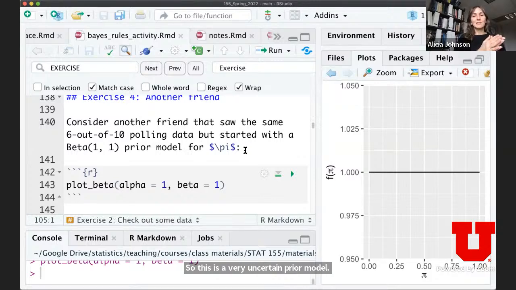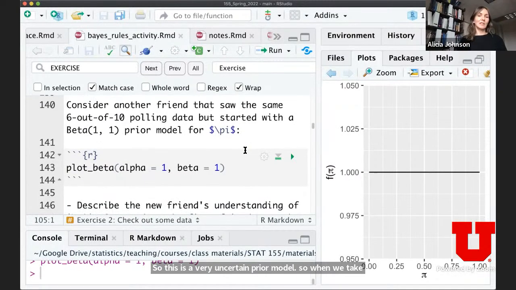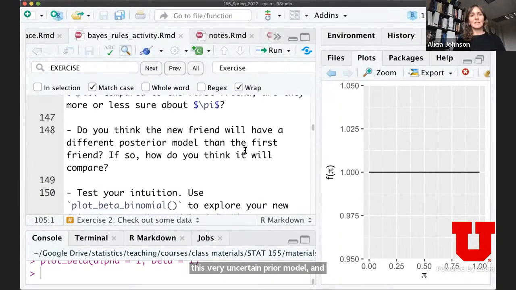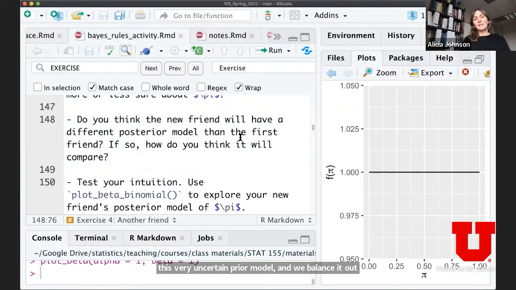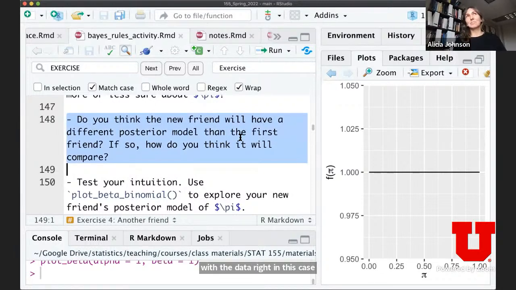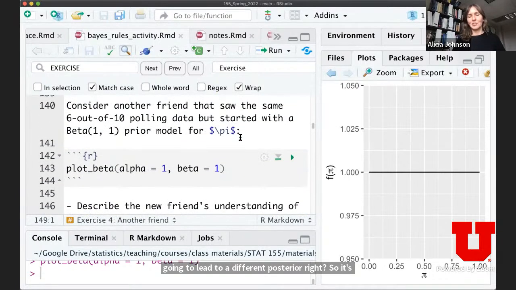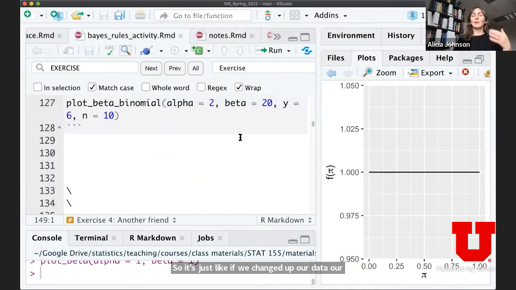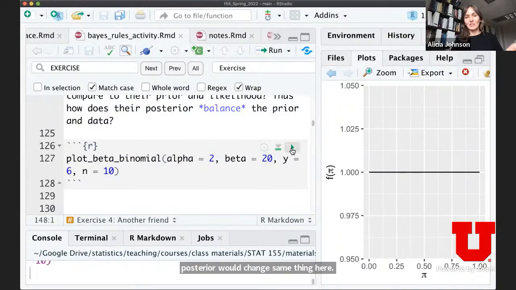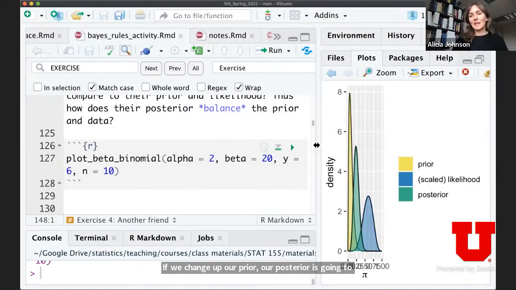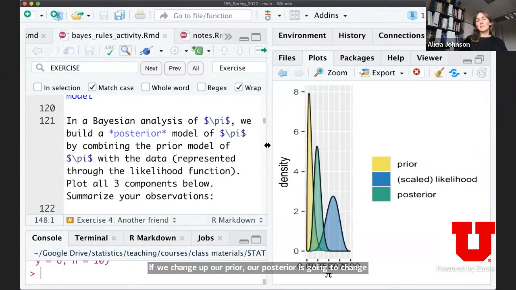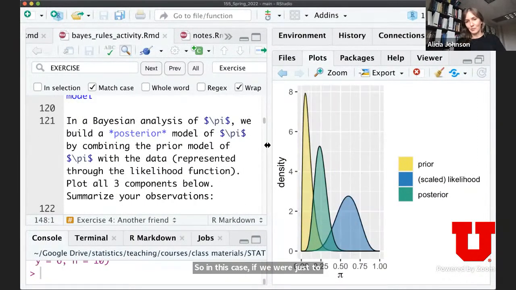So when we take this very uncertain prior model and we balance it out with the data, in this case, a different prior is going to lead to a different posterior. It's just like if we changed up our data, our posterior would change. Same thing here: if we change up our prior, our posterior is going to change. So if we were to anticipate what we think the new posterior would look like,